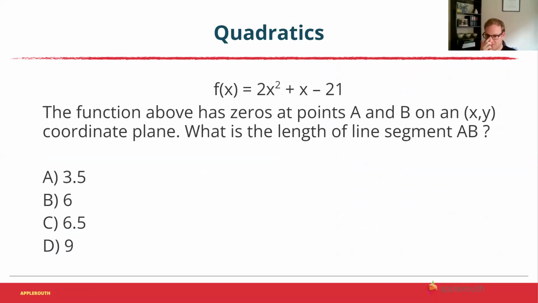Then quadratics. So you've got 2x squared plus x minus 21. Not the easiest thing to factor if we had to, because of the 2 leading coefficient. It says the function has zeros, so x-intercepts at points A and B. What is the length of the line segment AB? Well, I don't relish the idea of trying to find this by hand,